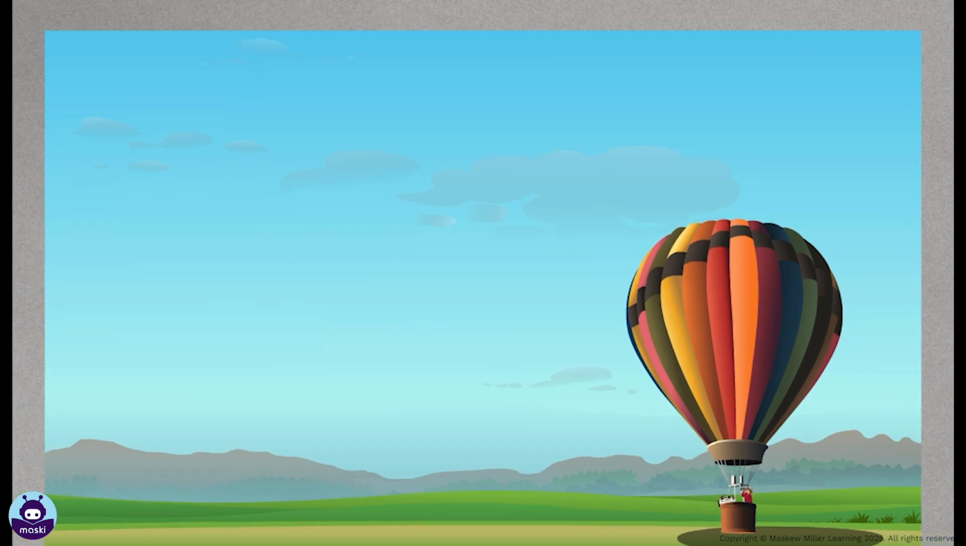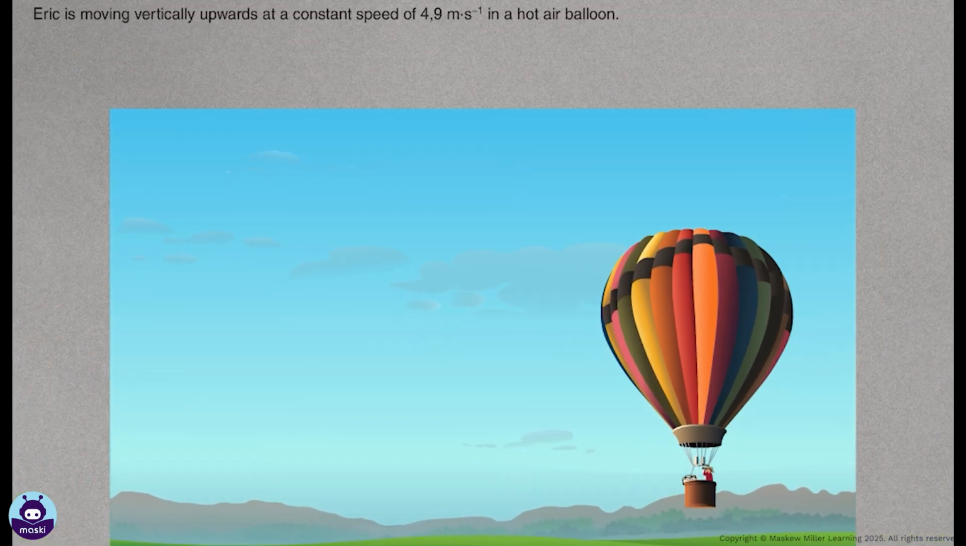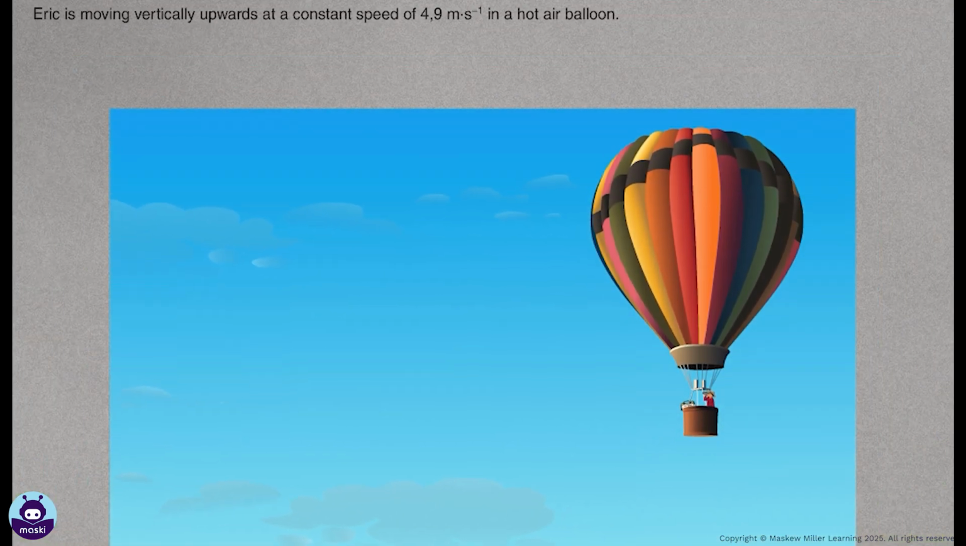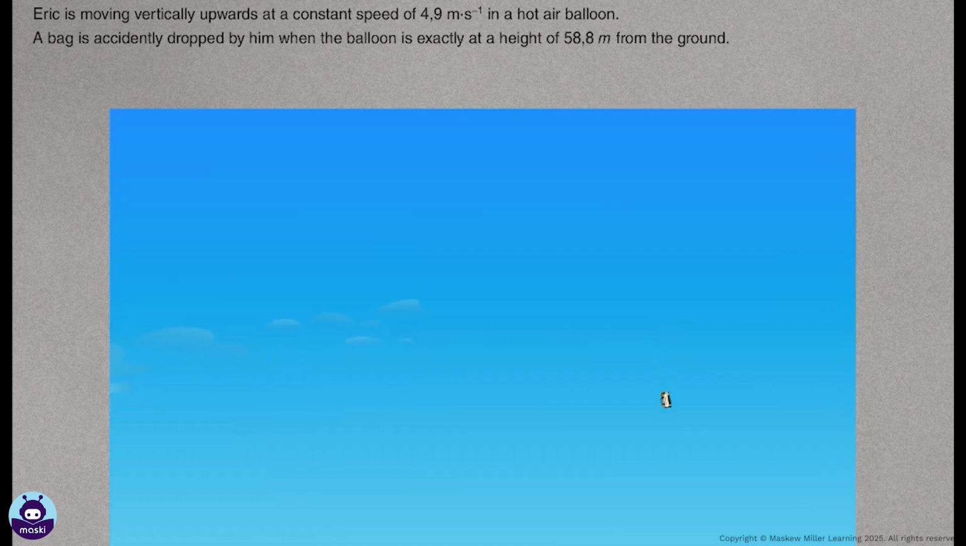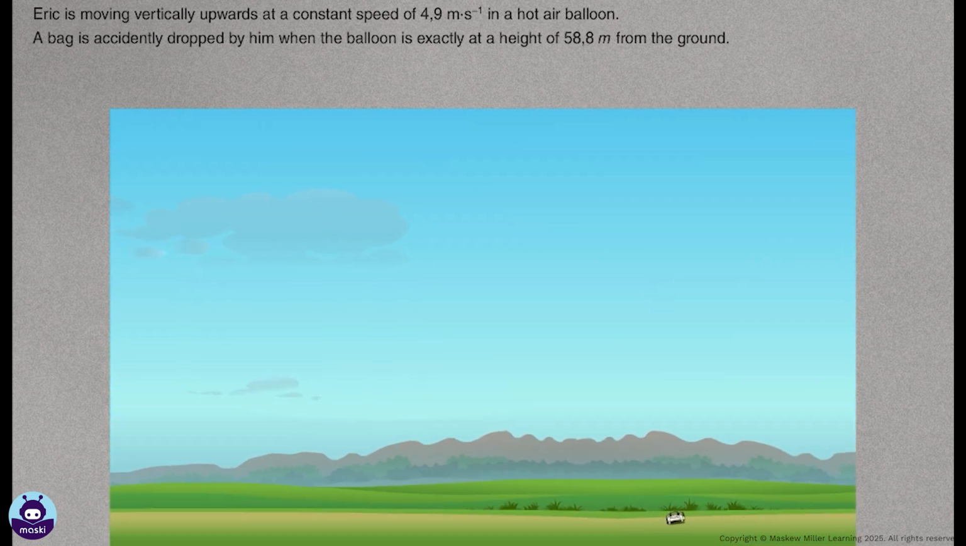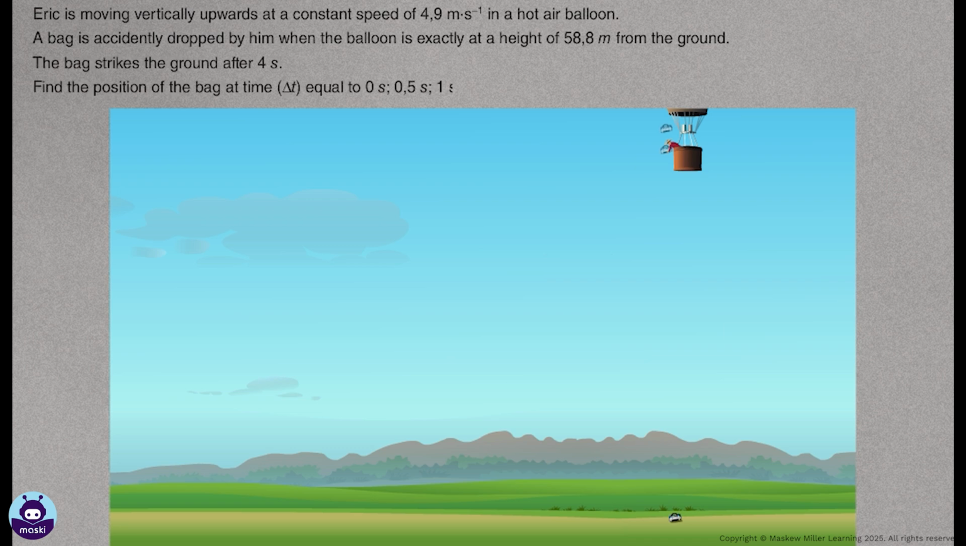time. Eric is moving vertically upwards at a constant speed of 4,9 meters per second in a hot air balloon. A bag is accidentally dropped by him when the balloon is exactly at a height of 58,8 meters from the ground. The bag strikes the ground after 4 seconds. Find the position of the bag at time delta t equal to 0 seconds, 0,5 second, 1 second, and 4